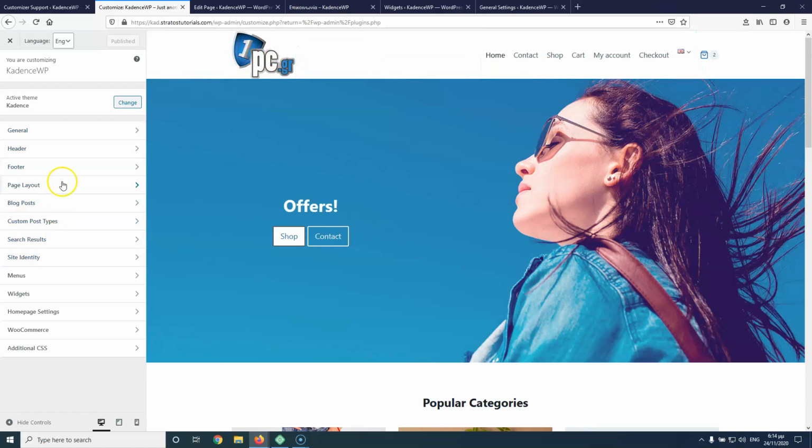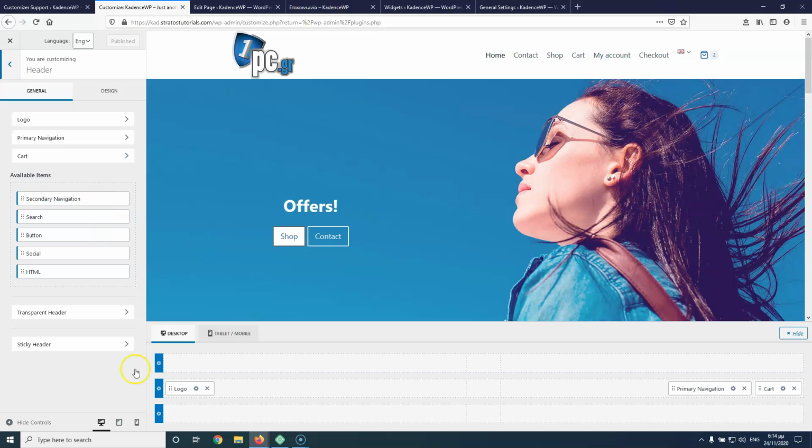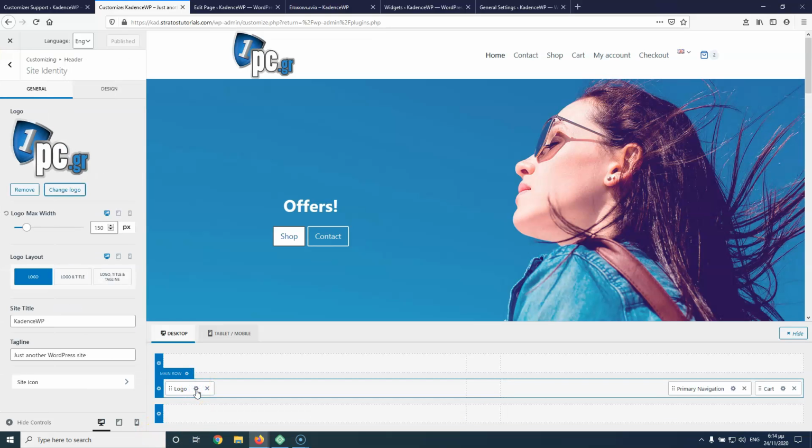Let's go into the header. And of course, this is the Cadence theme. So we have the header here, the logo, and the private navigation, and the card icon, which I can remove if I want. And if I go now to the Greek version,